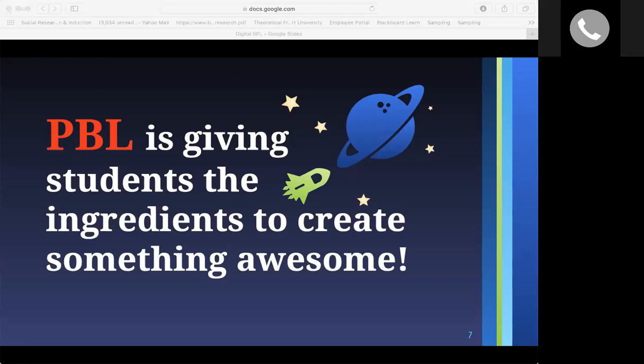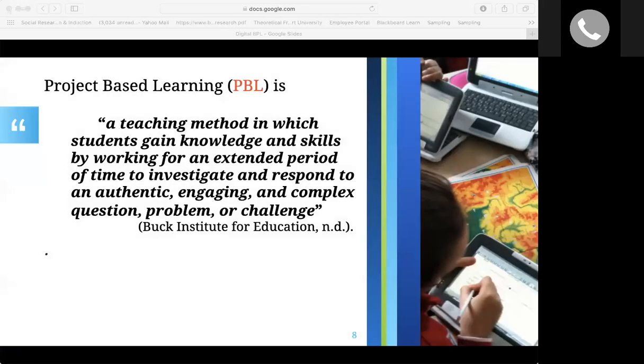perceived without technology. So in other words, with PBL, teachers are going to put students on a path that deepens their knowledge and builds skills they need in the future. For a more formal definition of PBL, which is problem-based learning, from the Buck Institute for Education: it is a teaching method in which students gain knowledge and skills by working for an extended period of time to investigate and respond to an authentic, engaging, and complex question, problem,